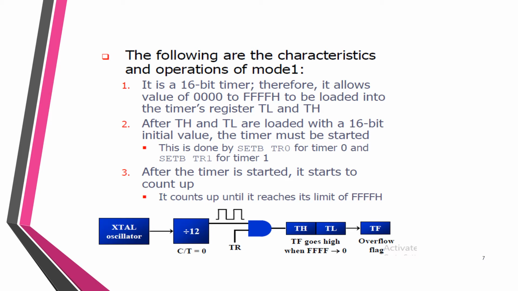Then 01 is mode 1, a 16-bit timer mode, where the 16-bit timer counter THX and TLX are cascaded. There is no prescaler. Then 10 is mode 2, which is 8-bit auto reload: the timer counter THX holds a value that is to be reloaded into TLX each time it overflows. And 11 is mode 3, the split timer mode. Conventionally this is not recommended. Now we will go one by one.